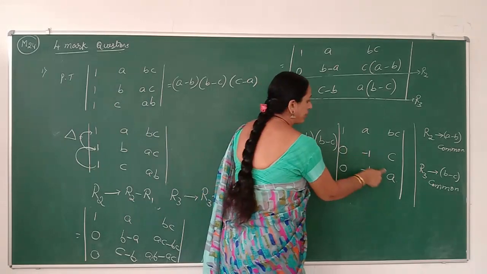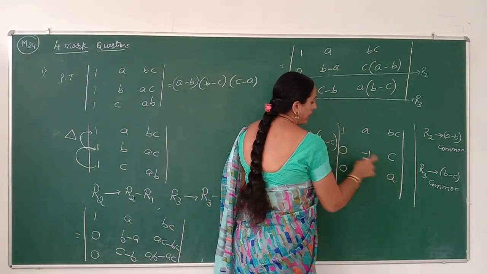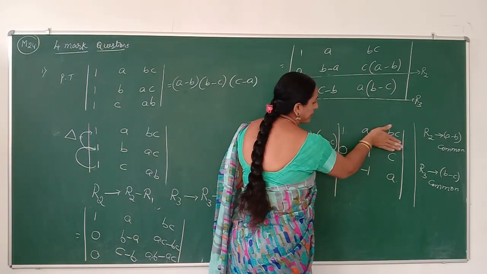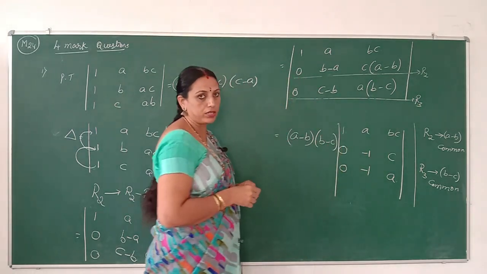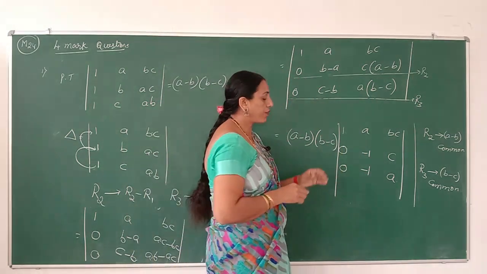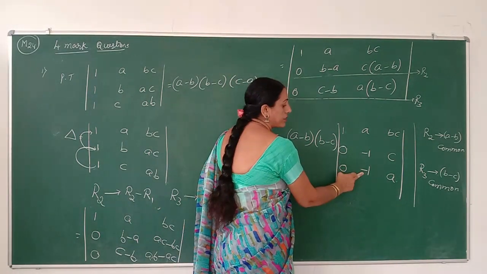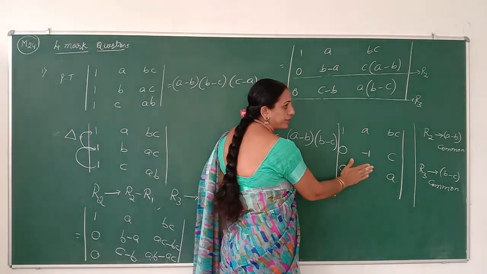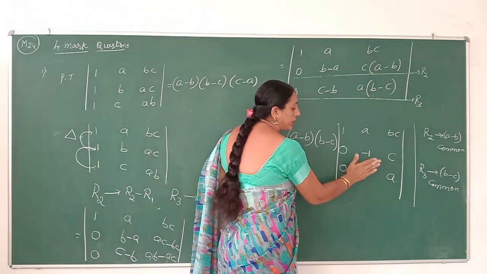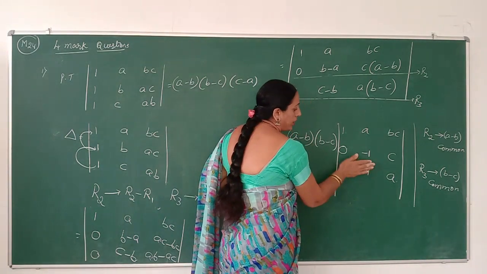So now these will be called diagonal elements. We'll observe whether the elements on one side of the diagonal are 0 or not. Suppose the second element of the third row is 0, then it will